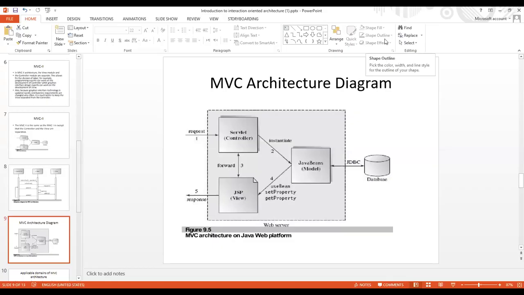Figure 9.5 shows MVC architecture on the Java web platform. Everyone is familiar with Java platform development.